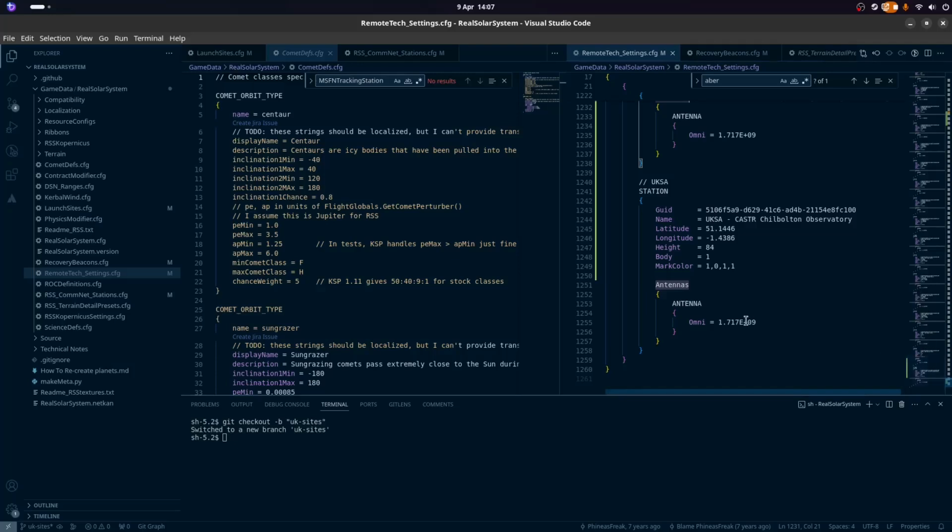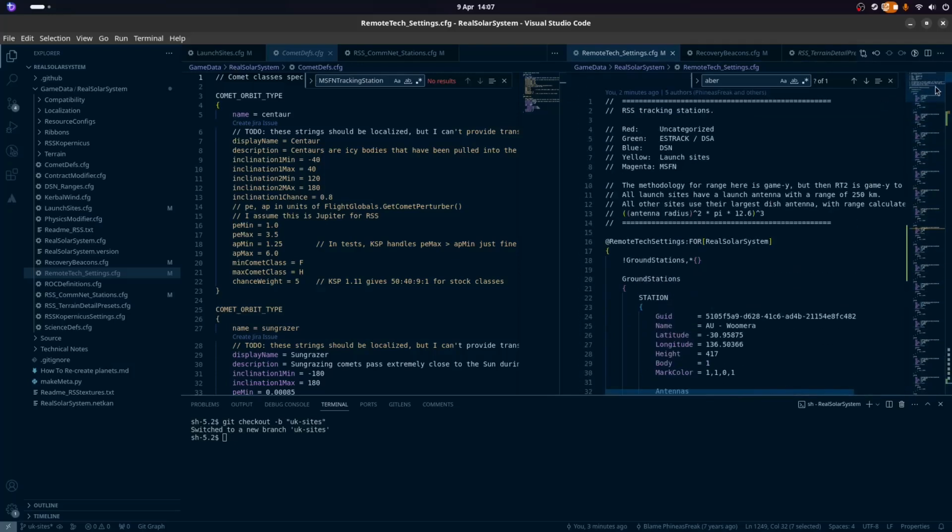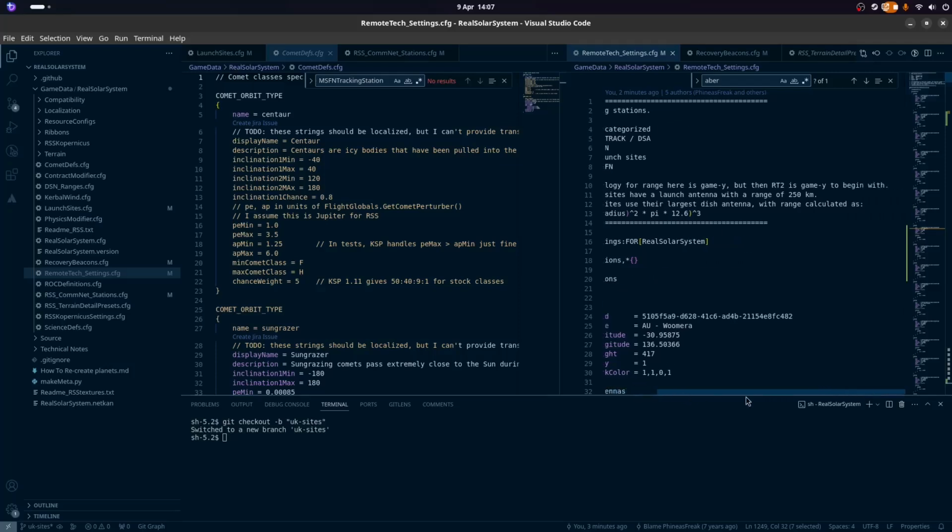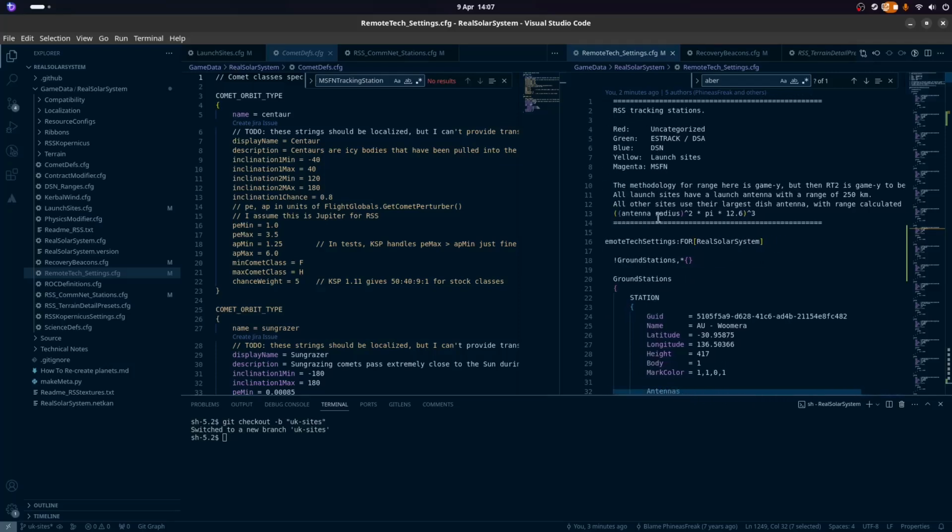A slight issue I've noticed. This colour is magenta. I'm actually going to take it red. And I've just realised there is actually a thing here. So I'm going to bring up a calculator so that we can calculate the antenna radius.